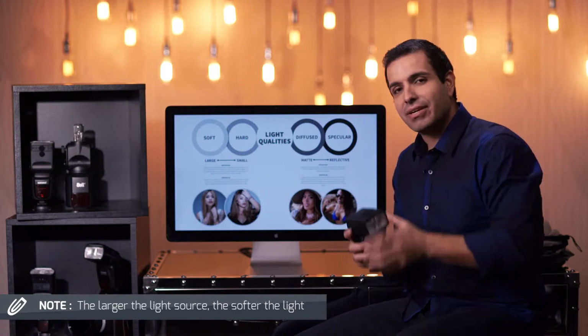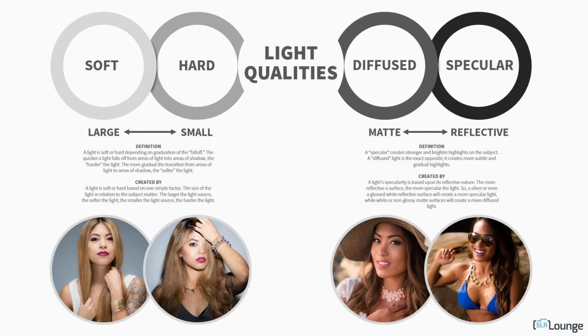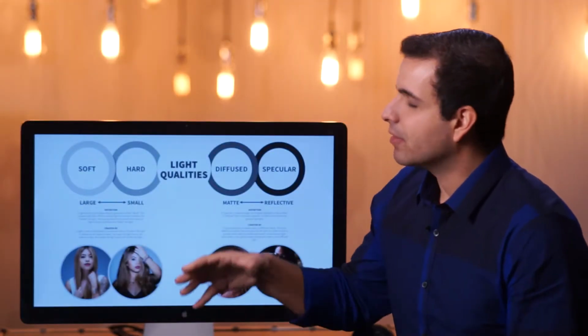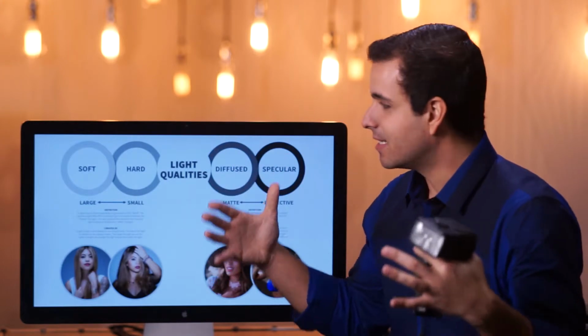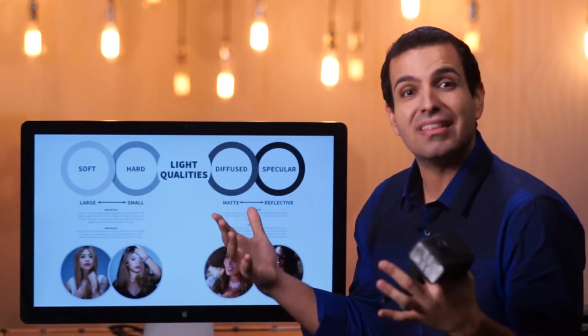Now this is the other key point to remember. The larger the modifier that we use, the softer that transition from shadow to highlight, or shadow to light, is going to be. The smaller, the harder that edge is going to be. There's one small thing there that I need to mention. The larger the diffuser, or the larger this modifier that's going to soften up the light, the more light